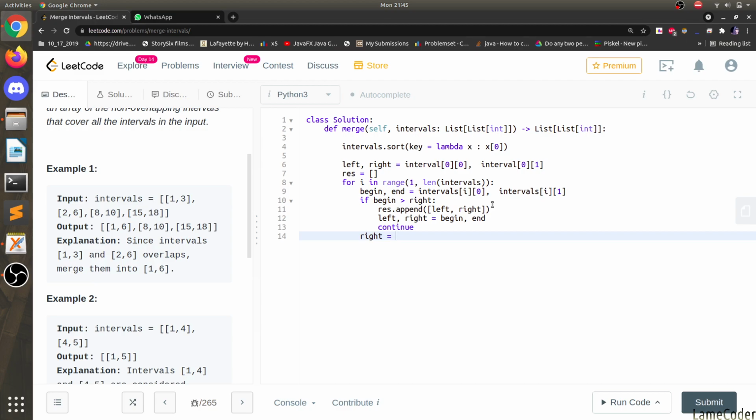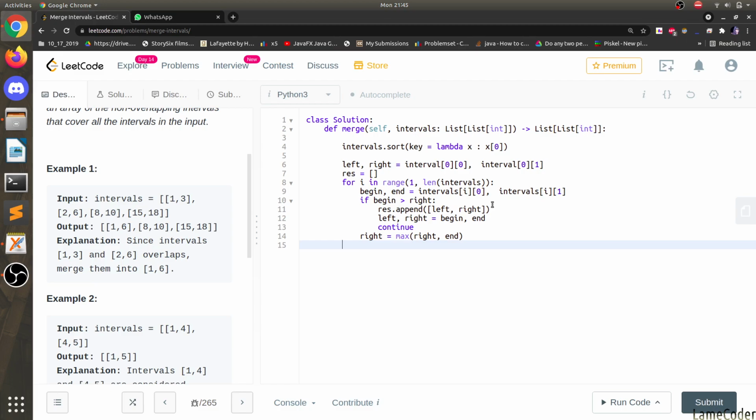So after that our left will remain the same, but our right will get updated. Left is the same, right will become max of right or end. Yeah, this will work.